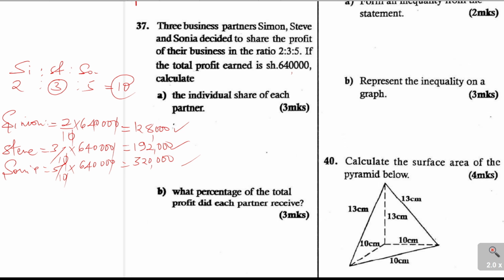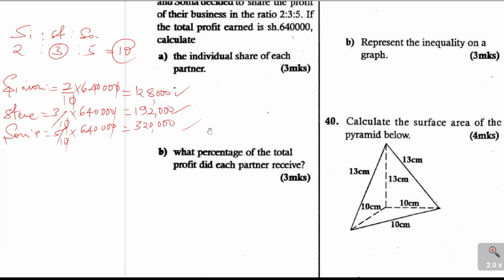What percentage of the total profit did each partner receive? So to get the percentage, this is what you're going to do. We shall take, for instance, so we start with Simon. Simon received 128,000. That was a profit. Then of the total is